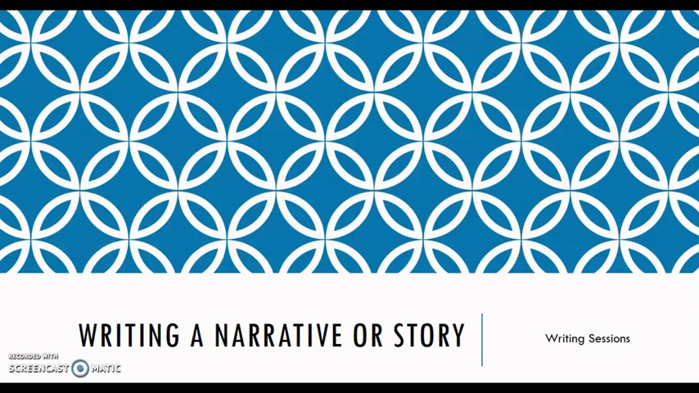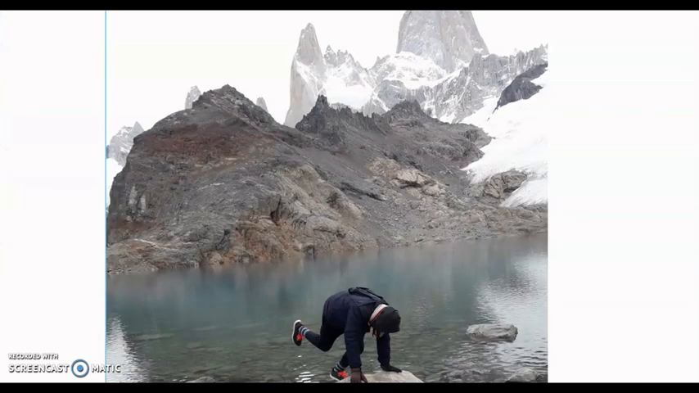So let's start and have a look at how to write a narrative or a story. Let's see this image. Whenever we take a picture, we want a moment to be remembered forever, right? So when we take pictures, we want to tell a story. We want to remember something or share that memory with someone. And if we look at this beautiful picture,